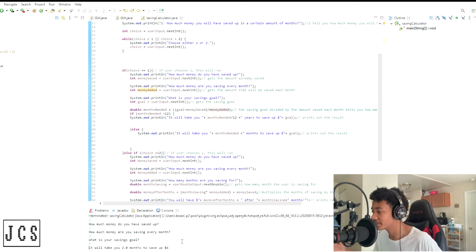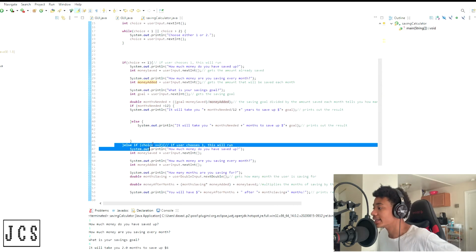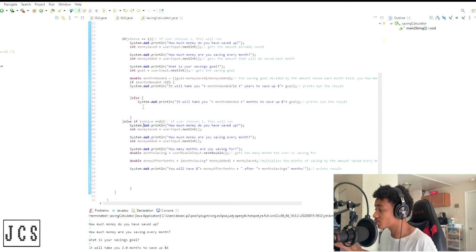Pretty simple. Pretty self-explanatory. So after that, I have an else if statement. And that is running off of my first if statement. If the choice is equal to 1, then do this. Else if choice is equal to 2, run this. Now, if choice equals 2, this one actually tells you how much money you're going to have after a certain